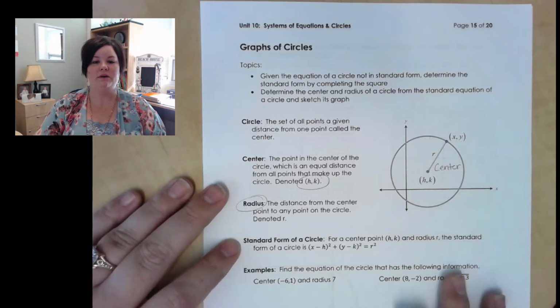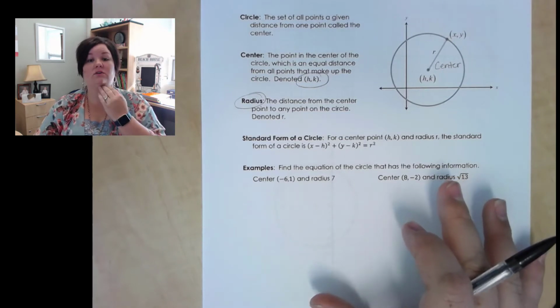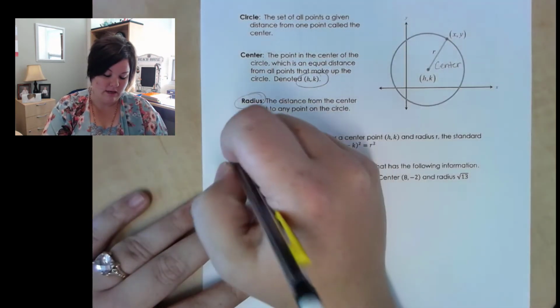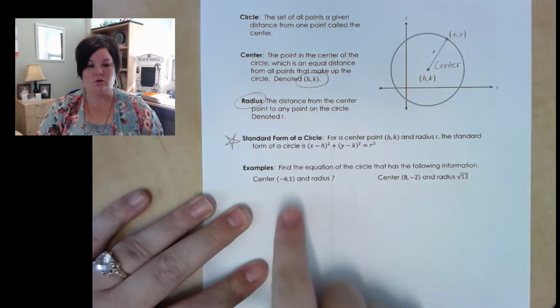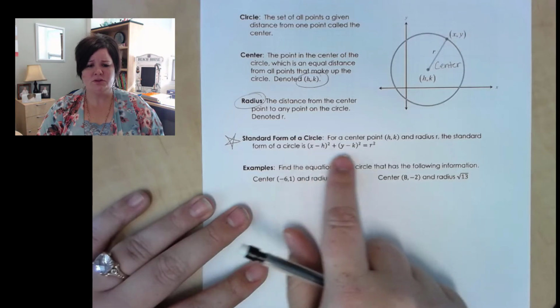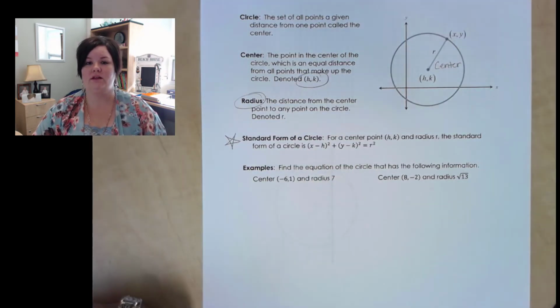Now, once we know those things, we want to be able to write a circle in the standard equation for a circle, or the standard form. This is something that you'll need to know for your Unit 10 exam. This will not be given to you with that exam, but this will be a formula that is included for the final exam